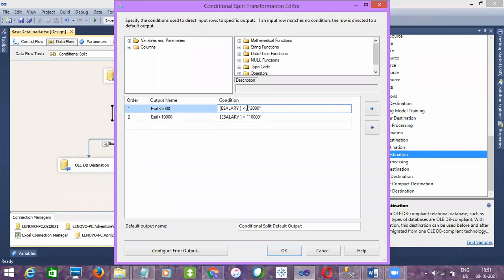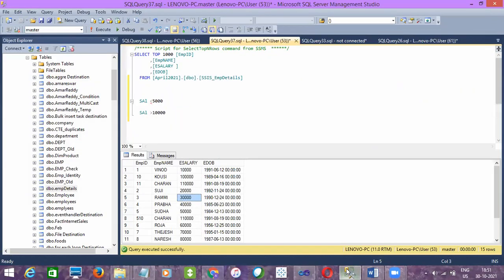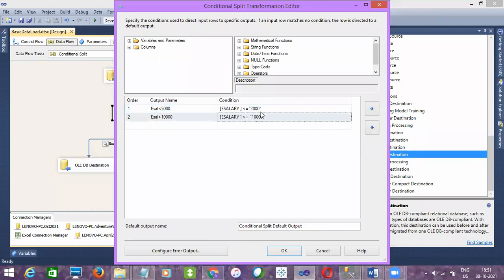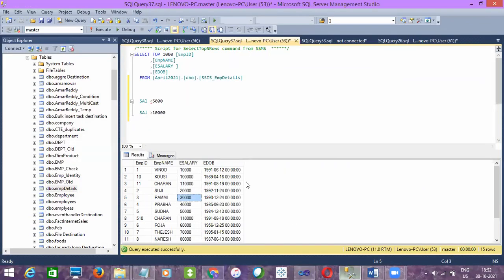And greater than or equals to, I'll give 20,000. And then what is the other? Let me give greater than 80,000.